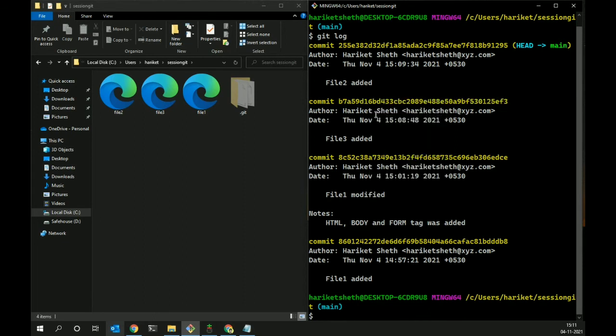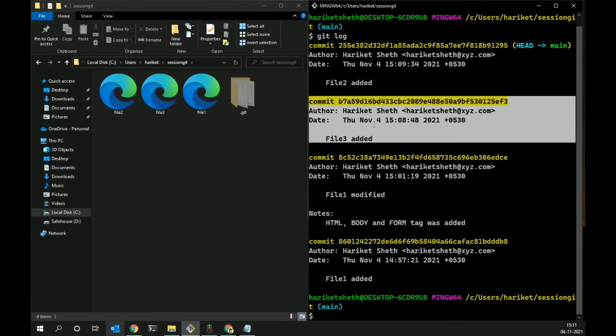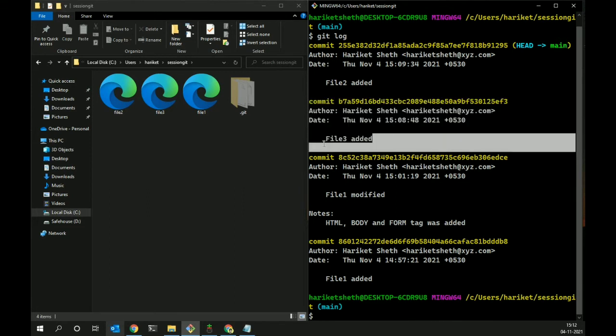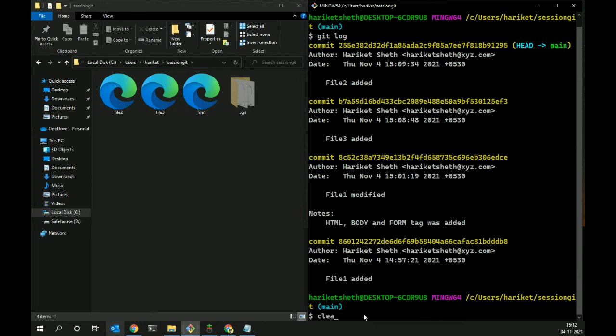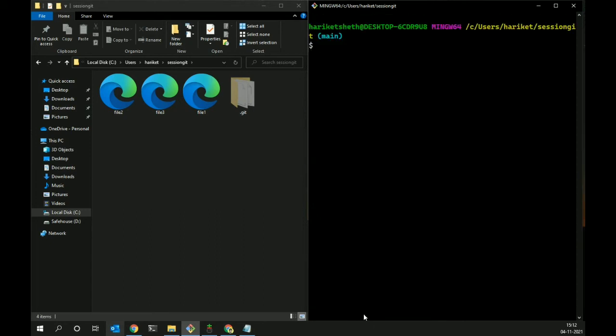So what we are doing now, we are executing git revert first, and I will show you what is happening. We have copied the commit hash id of this particular commit, and what we did in this commit, we added file 3. So just remember what we did in this particular commit. We are going to revert it. We are going to write git revert and then paste the hash id. And now if I execute it, it will only undo that particular commit.